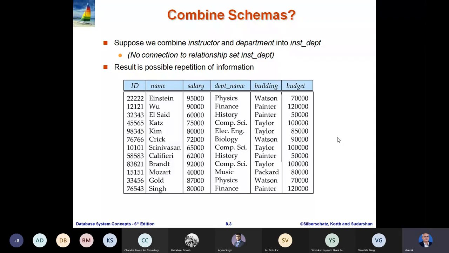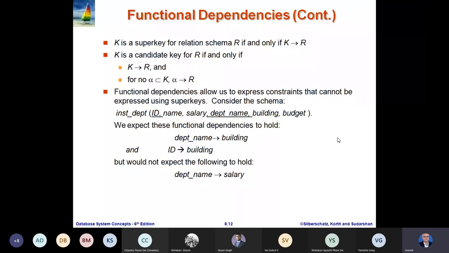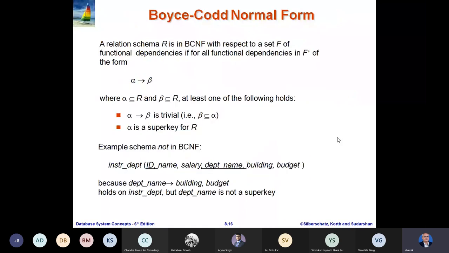So it is important that if we are given a schema like instructor department with ID, name, salary, department name, building, budget as its columns, and then we are given the functional dependencies that department name functionally determines building and budget,